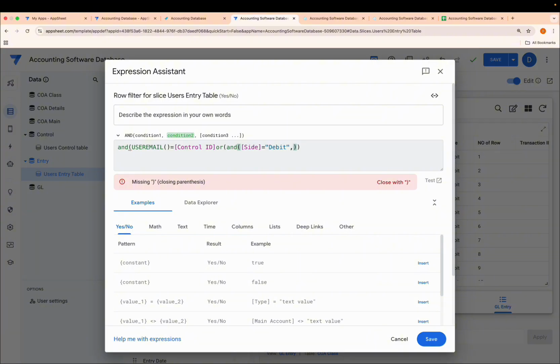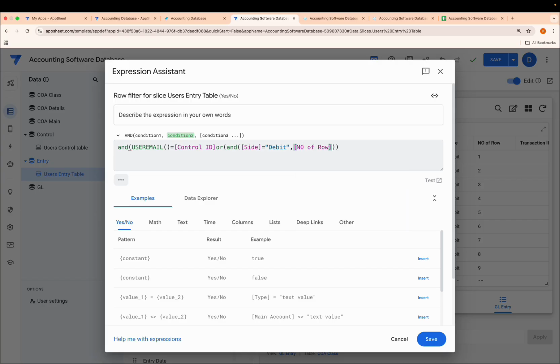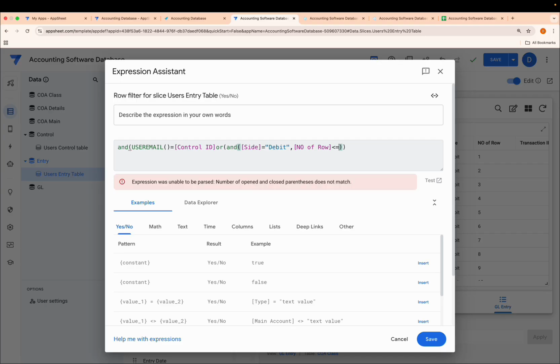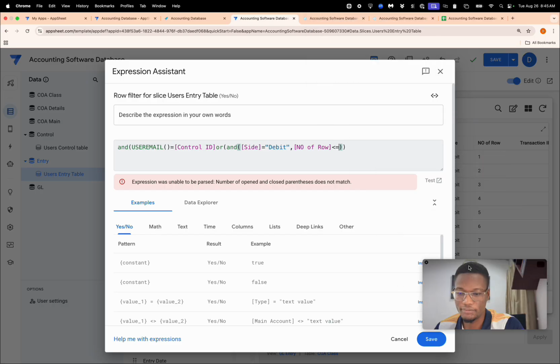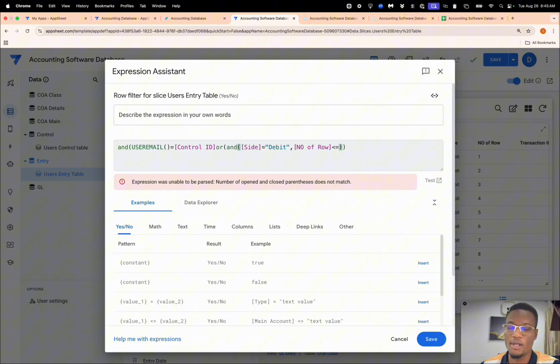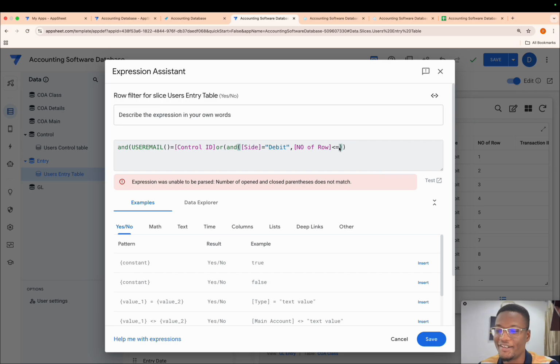And the second one is that the row number, so number of rows, must be less than or equal to, so the person selects maybe 15, you select one up to 15, so less than or equal to... Okay, so what is it less than or equal to?